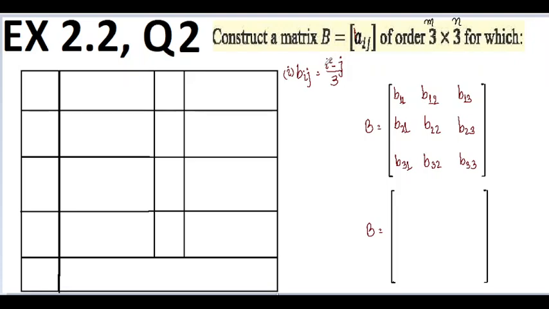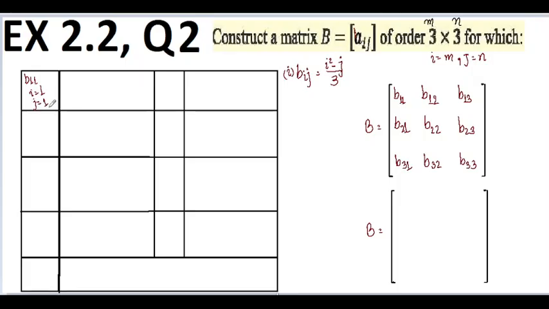What is i and what is j? i is the number of rows, or you can say i equals m and j equals n. So here i is 1, j is 1; i is 1, j is 2; i is 1, j is 3, and the same for all of the other elements too. Now for finding B11, i equals 1 and j equals 1. I'm just writing it over here for the first part. For the rest of the parts you must know it. Yes, we have to find B11 where i equals 1 and j also equals 1.